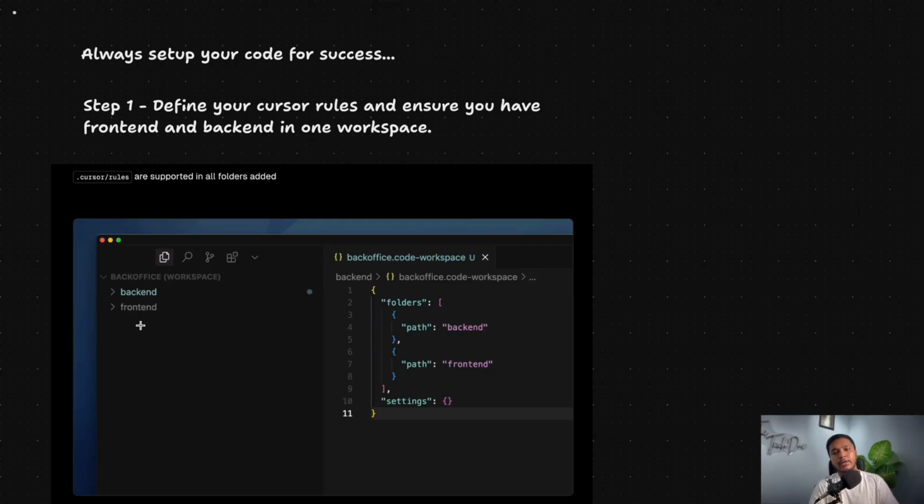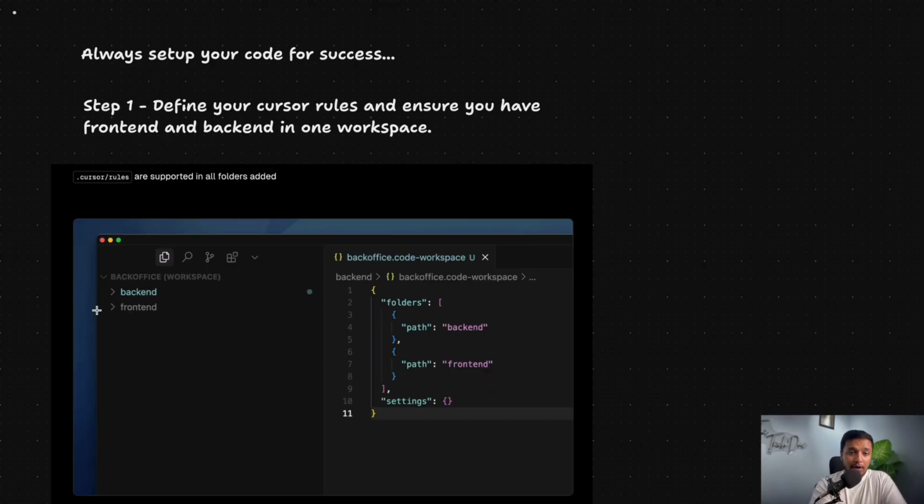Because for example, if you want to talk about some backend logic and then implement it in your front end, Cursor or LLM should know what you are talking about. There is only one thing, the silver lining is LLM is hungry for the context. If you provide it the right context, there is no way it will give you bad results. It can hallucinate only when you allow it to. So that is what we are learning today.